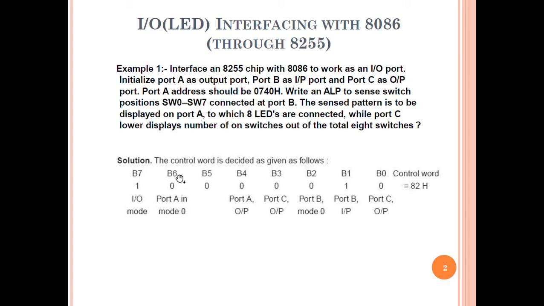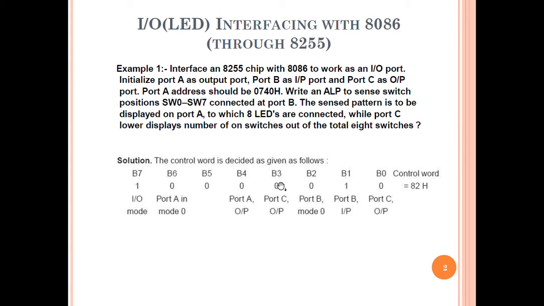Now the control word. From the question it is given that port A acts as output, B as the input. Okay, first this MSB bit has to be IO mode. So it has to be 1, 0 for BSR mode. Since it is IO mode, it is 1. Then in the question it is said that 8255 will work as a simple IO port. Therefore, it is in mode 0. Therefore, 00 for mode 0 for port A. Then port A acts as output, therefore 0. If it was input, then it would have been 1.